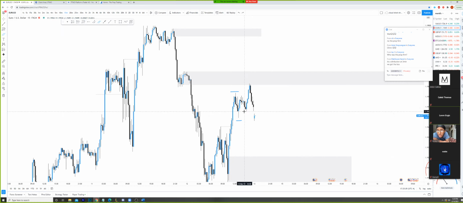Now, if it does, we just formed this mentfx block here, so we still might make a mini run for it, and if we do, there could be opportunities in here. Again, this is larger, so we have to be really careful about getting involved here, because it could come all the way here. It could easily have a partial distribution in here on a lower time frame, and then come up into here. But definitely, this is a mentfx block.